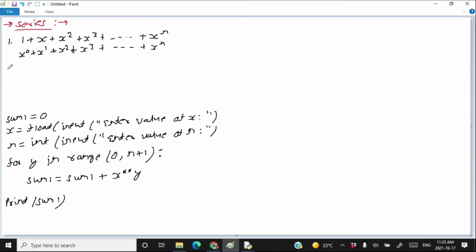The other question is similar to the previous one. The only difference is that we have to write alternate negative terms. What I mean here is that I have to write 1 minus x plus x square minus x cube plus something, and I don't know if it is plus or minus at the end you should have x to the power n. I am not writing plus or minus here because I don't know if x to the power n is plus or minus. So if n is odd, it is going to be a minus, as you can see here in the series, and if n is even, it is going to be plus.